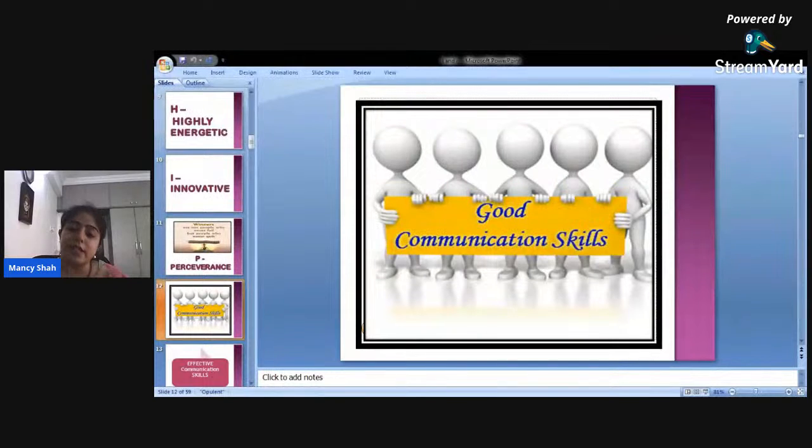Effective communication skills come into the picture when you actually want your work to get done. You want to achieve your goal. Today, suppose I want to deliver a parcel to a place in Ponda. Now I have an employee. If I just tell him, go to Ponda and deliver this, this poor guy goes all the way to Ponda, but he does not know where to deliver it. So is my goal achieved? Was the communication result oriented?